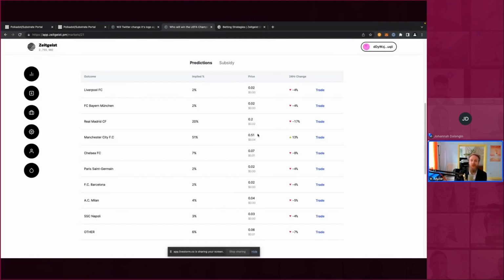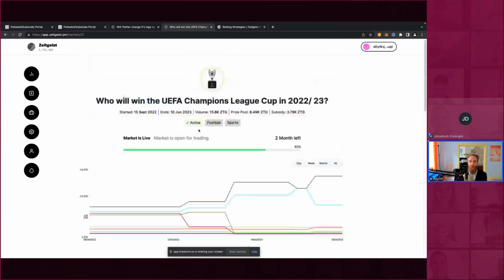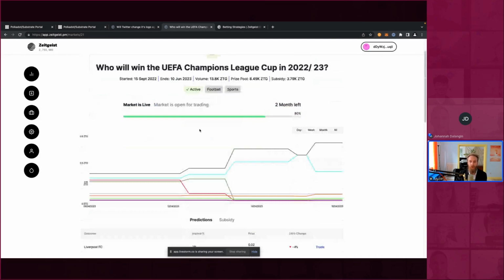It implies a prediction for how probable it is for this particular club to win the cup. And as you can see here, there's quite a lot going on. You can see the history change over the course of the market, and the ending especially is quite interesting. You can see Manchester and Real going head to head and then splitting, and I guess maybe some interesting information came out when this happened right here.